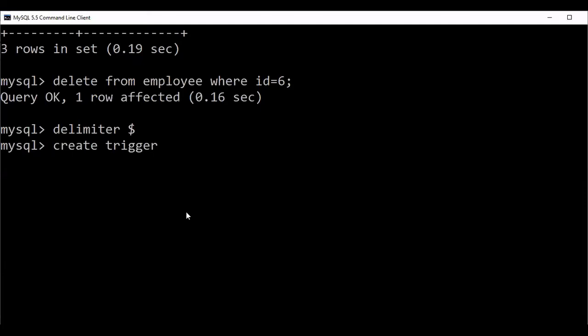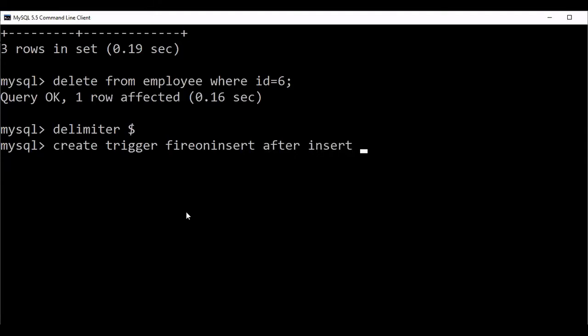Let it be fire. This will automatically fire. Fire 1, fire on insert. Once you insert, it will automatically fire. And what is the time, before or after? It will be after the insert operation.